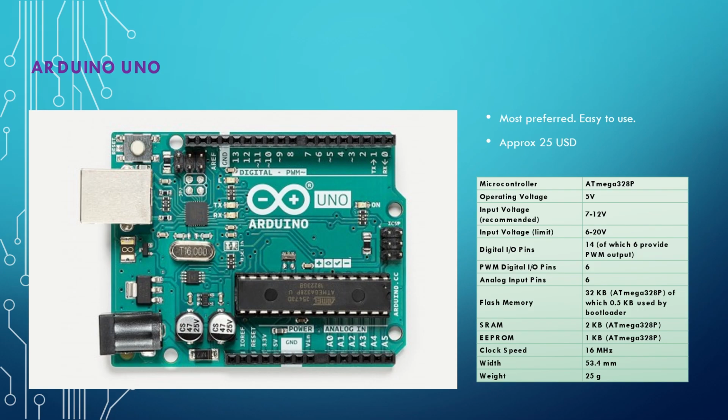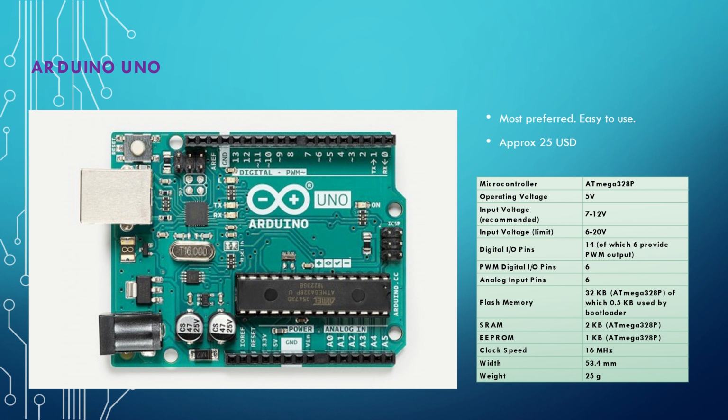The first version and the most commonly used version is Arduino Uno, and you can see that in the slide itself. The only disadvantage with this version is we do not have support for Bluetooth and we do not have onboard Wi-Fi in it, but this is most preferred otherwise. This has got a microcontroller Atmega 328P, and this is approximately 25 USD when you buy the original versions. There are multiple options available otherwise also to buy, and in India it will cost around 1500 rupees if you want the original version.